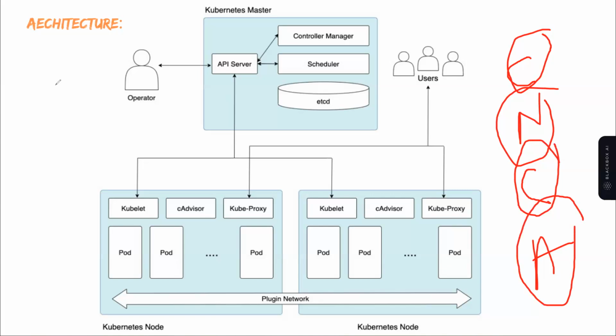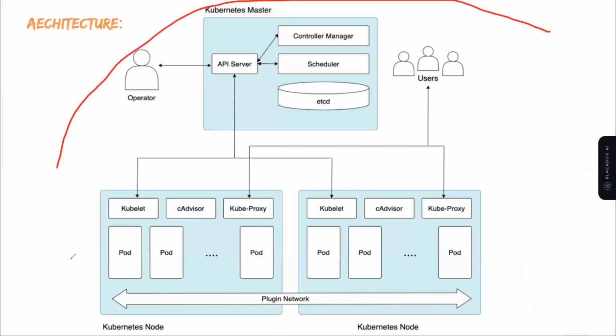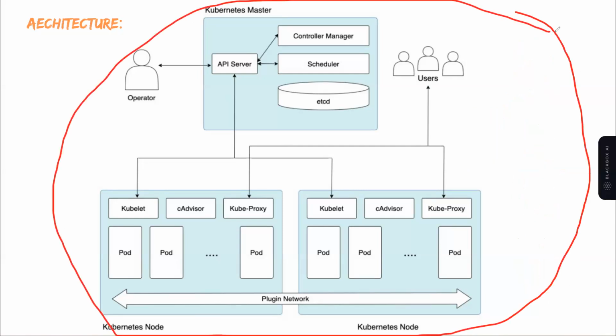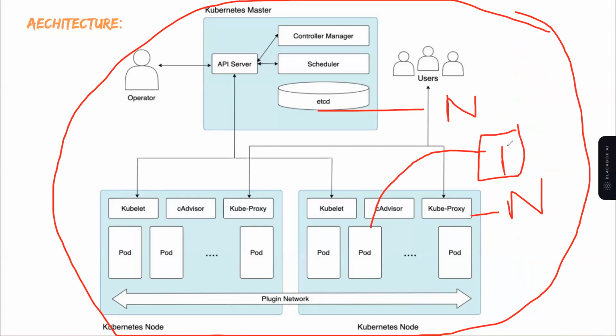Same architecture for Kubernetes also, but the only difference is that between node and container you will get the pod. I'll show it here. First of all, it's a big cluster. Are you seeing this cluster? Inside this cluster, are you seeing nodes, master nodes and worker nodes? Inside nodes, are you seeing the pods? In this pod, you will be having the container. Inside the container, what you have? Application. That application is used by the users. That is how this is going to work.